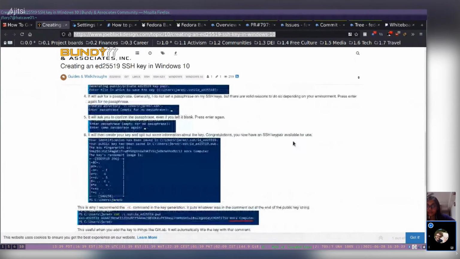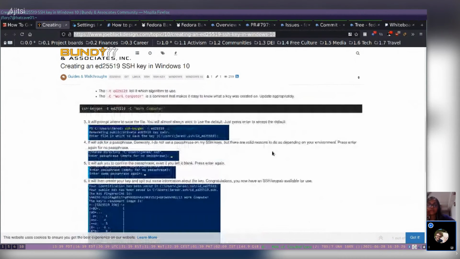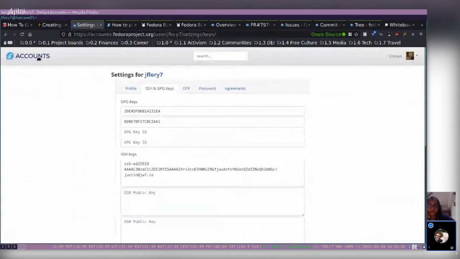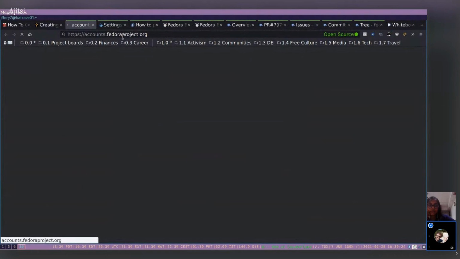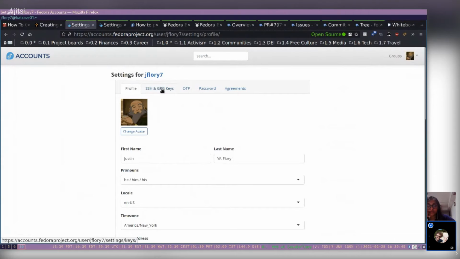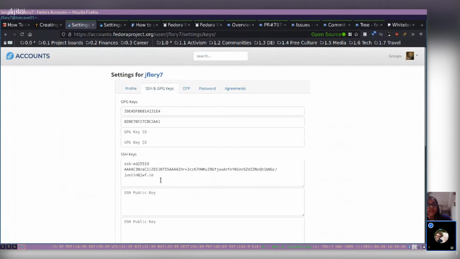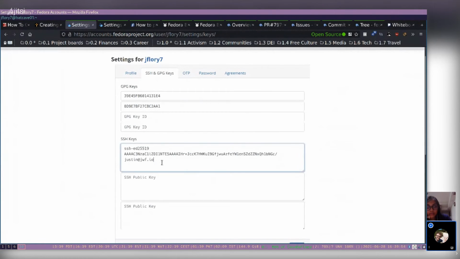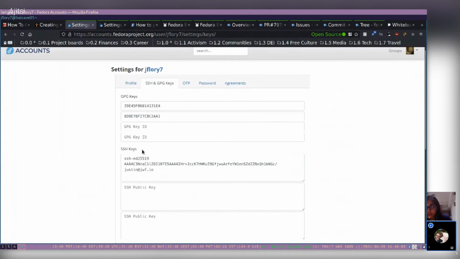Or actually, with SSH, I mean to say, when you log into the Fedora infrastructure server. Once you have that key, you'll have to go to the Fedora Account System, accounts.fedoraproject.org. You'll sign in, go to your settings, and there's a special option in settings for SSH and GPG keys. So you'll paste, this is my SSH key, just the public key, not the private key. You'll paste the public key into there. And if I remember right, once you're added to the FAS group that gives you special access,